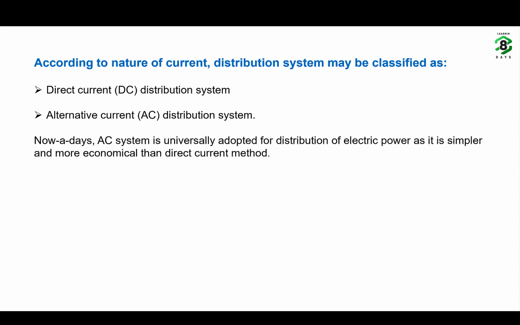Okay. So since the AC system is universally adopted, electrical distribution in AC is quite simpler and economical when compared to the DC current method. DC distribution is only used in special applications or in industries where the DC motors are running or where specific DC loads are there. Otherwise, if you have a small DC load, you have a battery charger